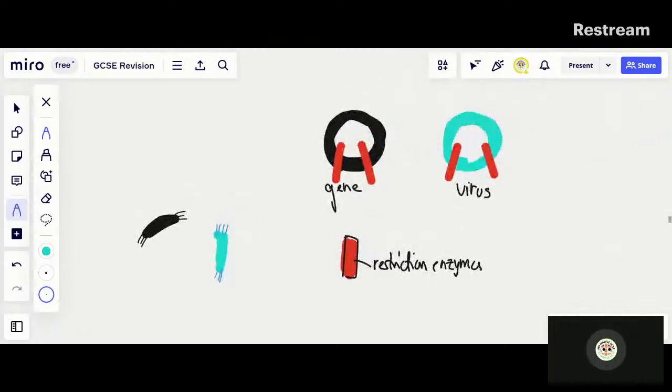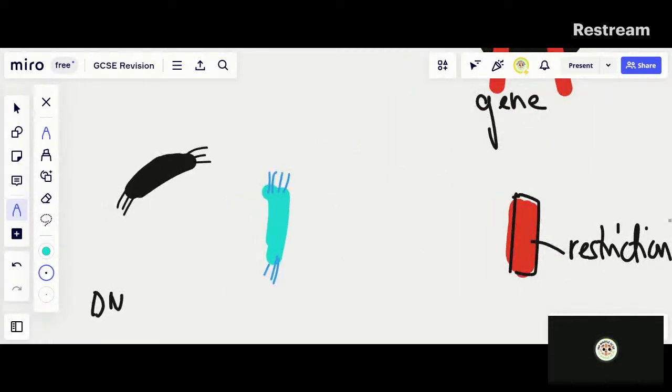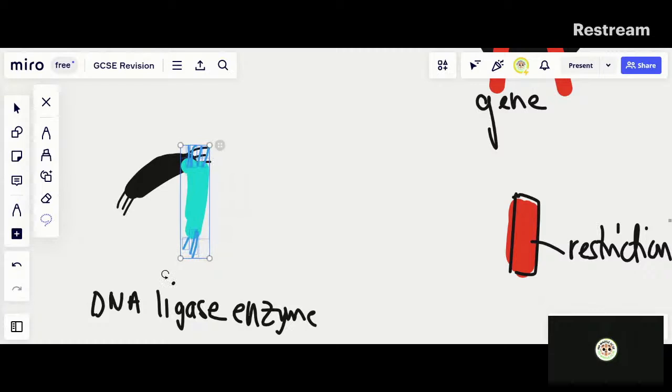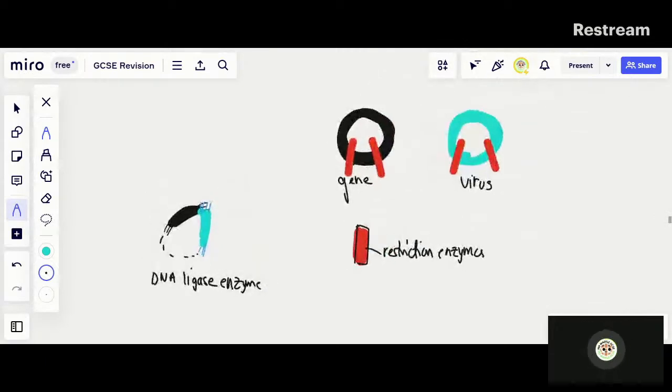The next stage is to combine the sticky ends together using special enzymes called the DNA ligase enzyme. So you're going to use the DNA ligase enzyme to join these two together, like so, and now a loop. So you've cut out the gene, you've cut out the virus with a restriction enzyme, you've then combined it together in a loop. And now what you're going to do, after combining it together, is place it